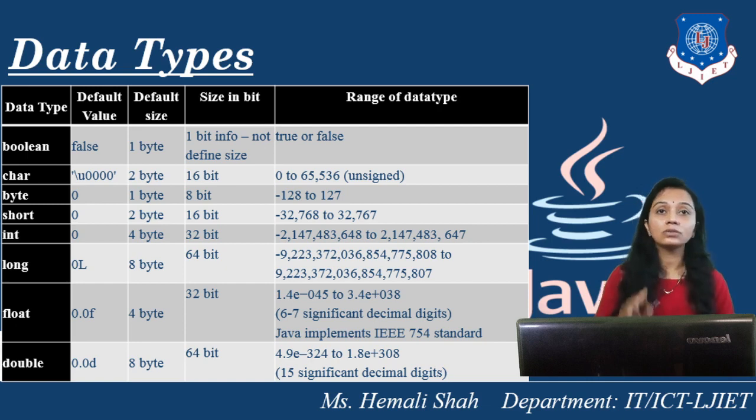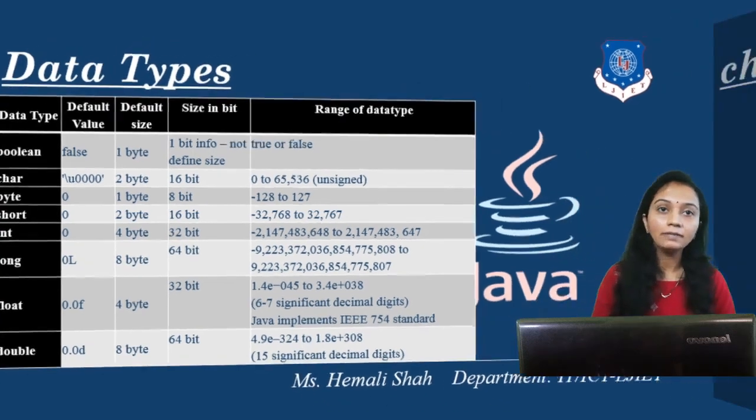Based on the number of bits occupied, you can store numbers in that particular data type. So you just need to select your data type like that. You can store the data that you want to store in this particular variable, and it occupies the minimum space to store your data. This thing you have to keep in mind. That's why these things are given over here, right?